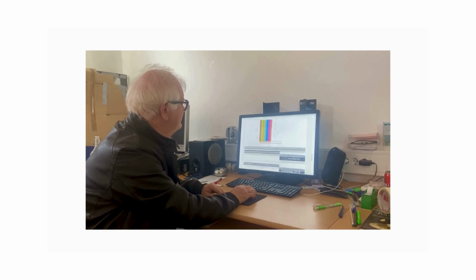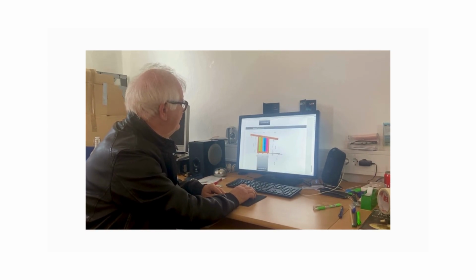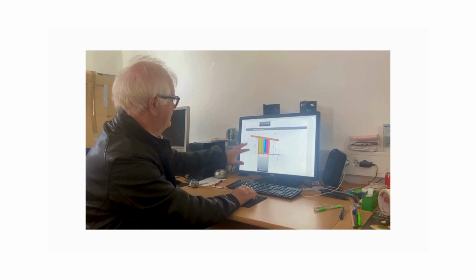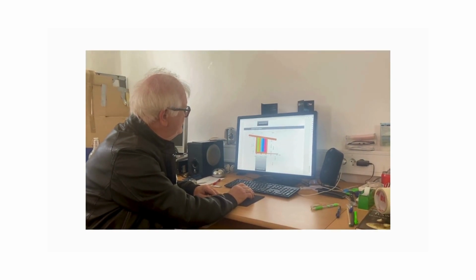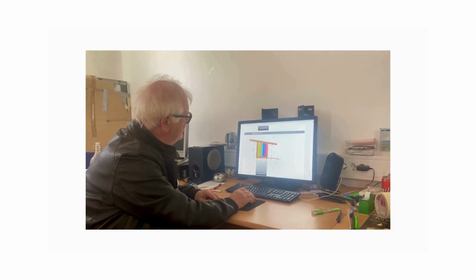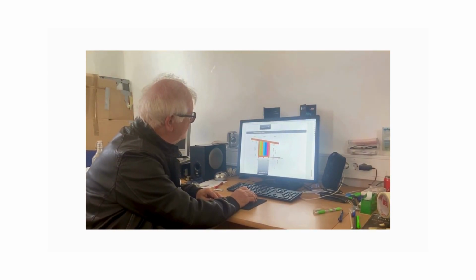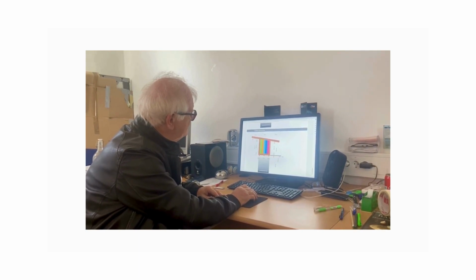So this is the side section. We close this with some decorative elements